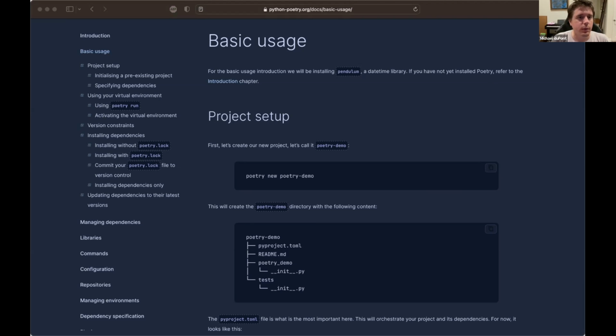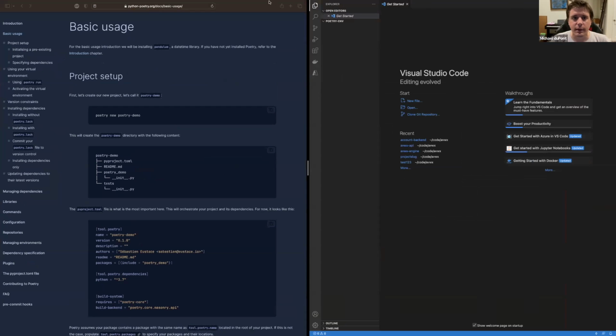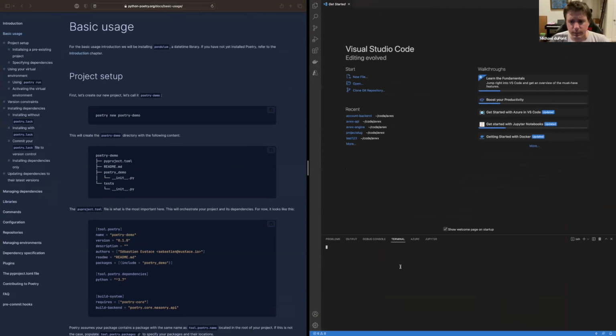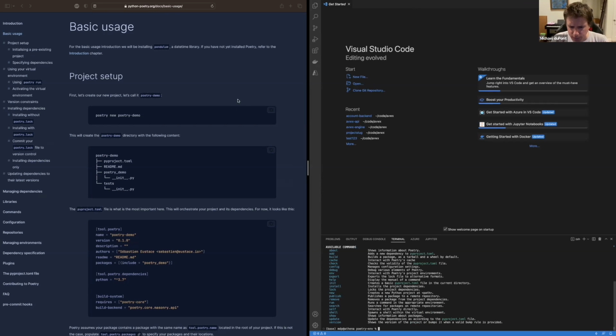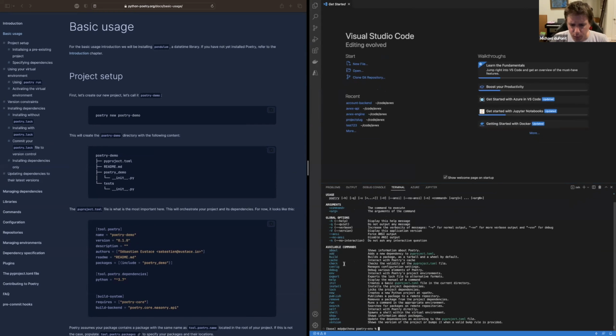And switch over to, well, I'll go full screen here. I think that should make things a little easier. There we go. And get things moved over to the side there. All right, now we have our editor here. You can see I have my base environment from Anaconda there, but we have Poetry already installed and all of the different commands that it supports. I'm not going to go through all of these, of course, but we're going to go through new, install, the dependency management, run is a really big one,